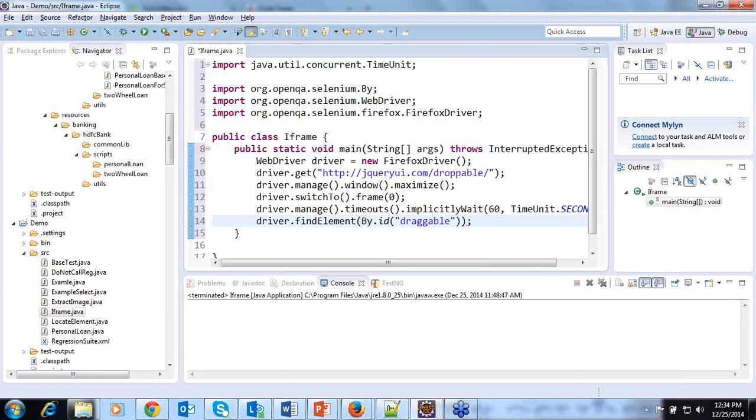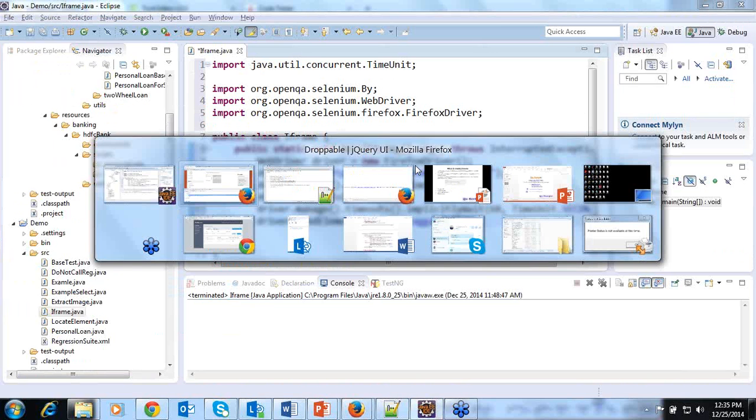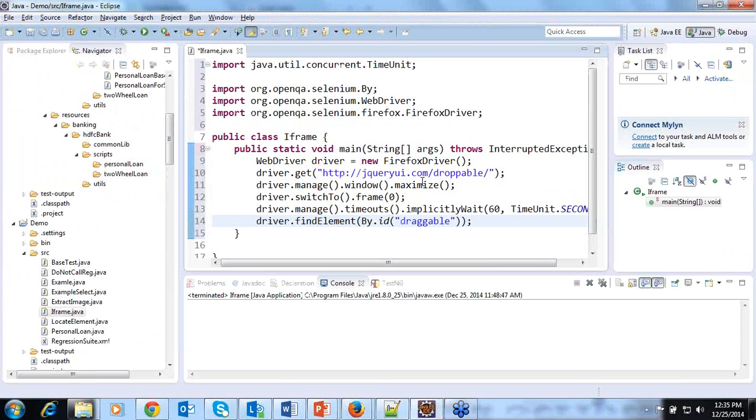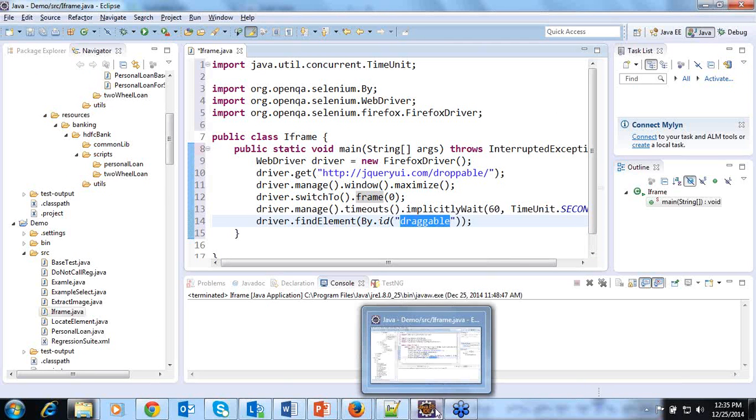Here, first it will launch the browser, then it will switch from the normal parent page to the frame, then it will try to identify the element by using ID.